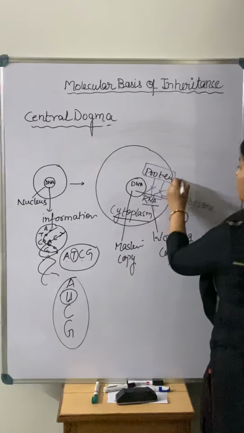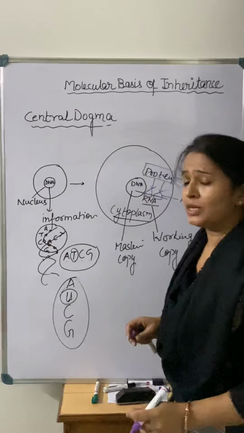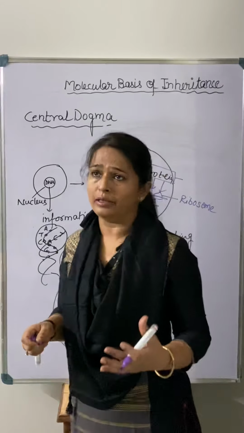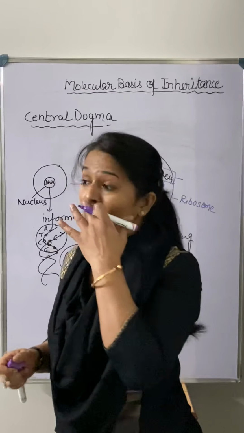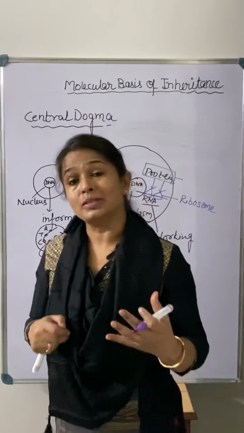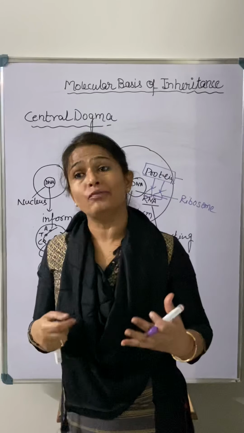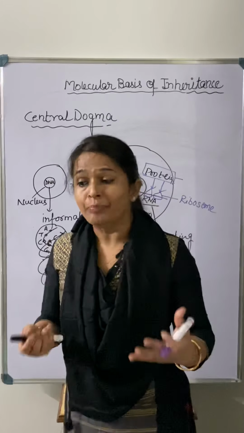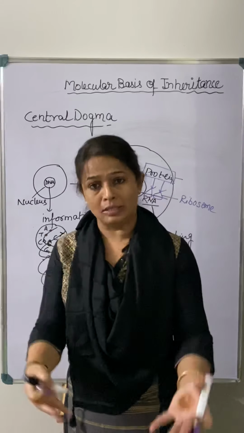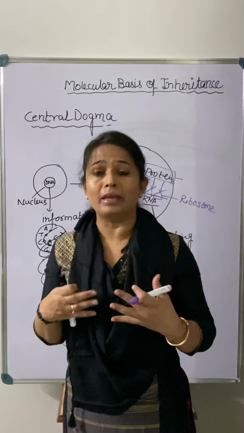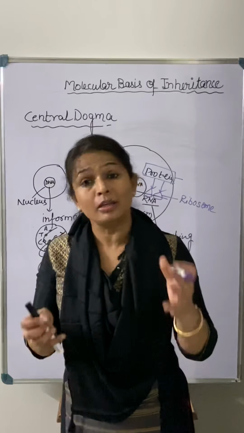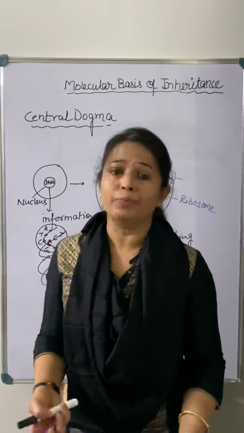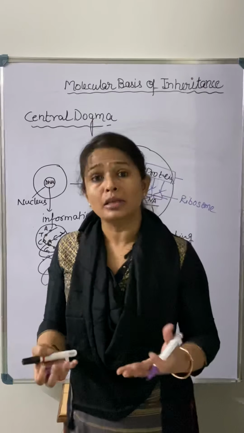And these proteins are what, when we talk about any chemical reaction. I think you have a little bit of information from your 10th class also. Whenever the genes express themselves, they express in the form of protein, meaning whatever phenotype we are seeing, or whatever character is visible, that is actually the expression of a gene, and a gene expresses itself in the form of protein, right? And proteins are basically what?